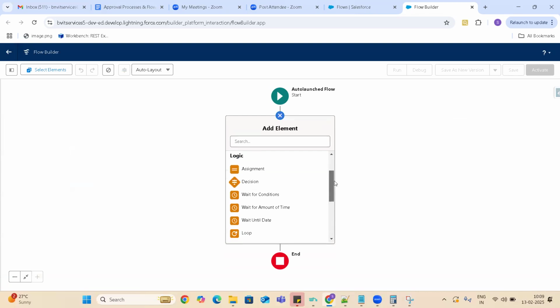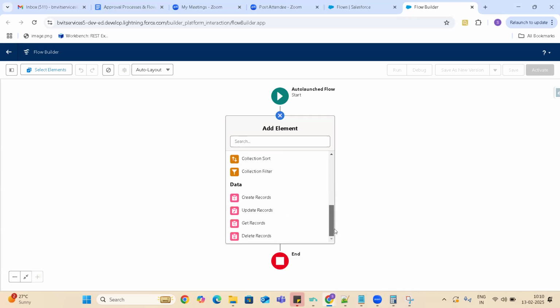So here you have some extra wait for conditions, because this is the sub function, right? If you want to wait for a particular time after the main function is executed, if you want to perform some actions, sub actions, then we use this.